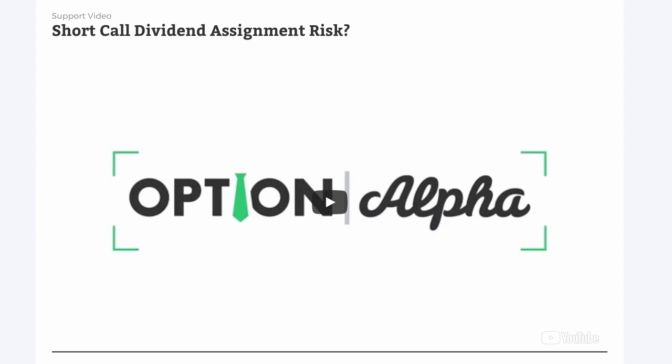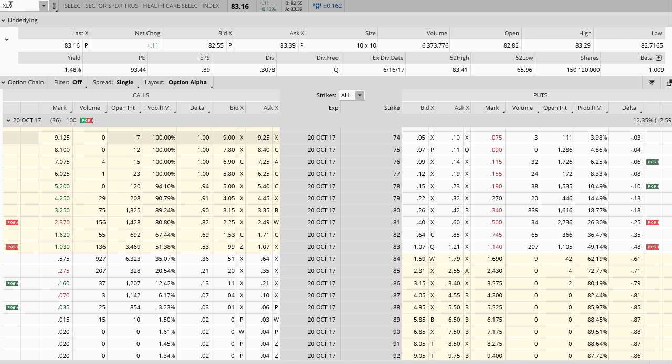As always, the major part with short call dividend assignment risk is the corresponding put option. In the case of XLV, you can see that their dividend is going to be roughly 30 cents or so, could be even higher, right? But our corresponding in the money short calls, we've got short calls at 81. The corresponding puts have to be less in value than the dividend being paid. If they are, then you might be at risk of assignment.